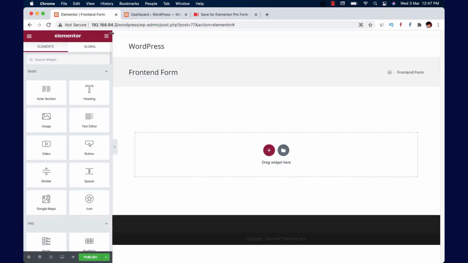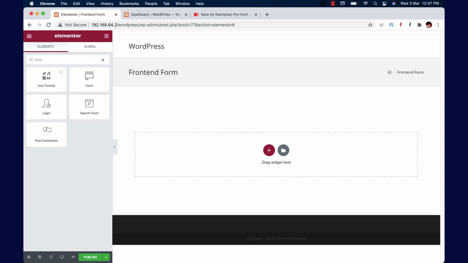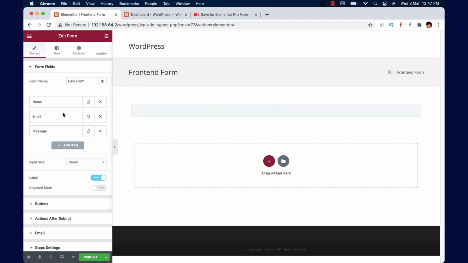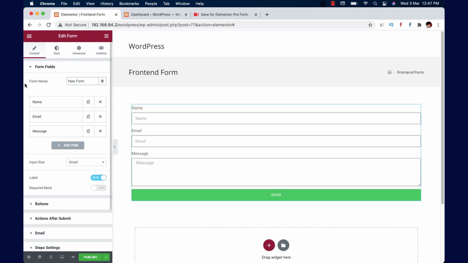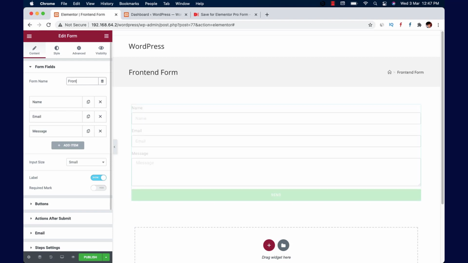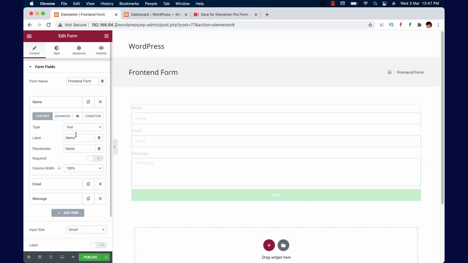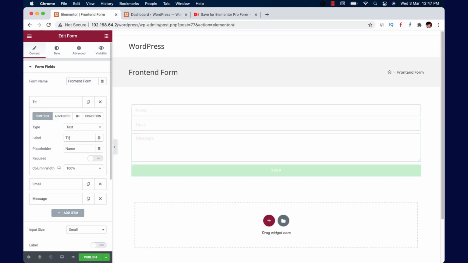So here I will import a form. I can name it anything. Now I can make it content. Oh, cool. Let me hide this. I will write title here for the post title.